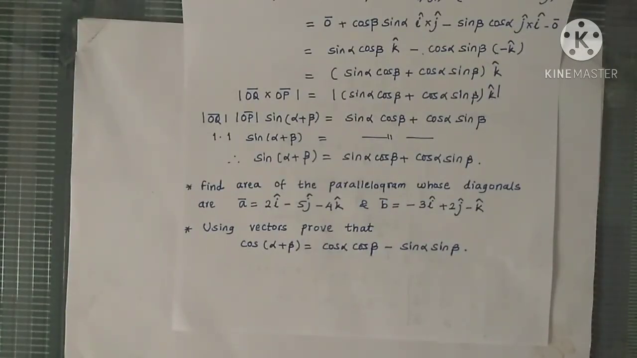Find area of the parallelogram whose diagonals are given. And using vectors, prove that cos of alpha plus beta equal to cos alpha cos beta minus sin alpha sin beta. So you can draw the same figure as in sin of alpha plus beta, and instead of cross product, now take dot product to prove